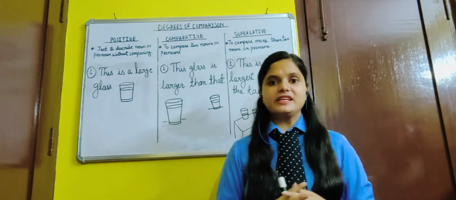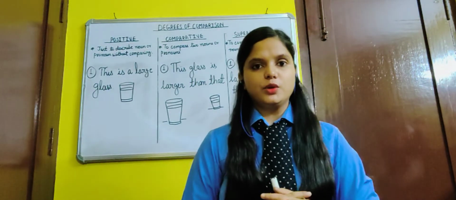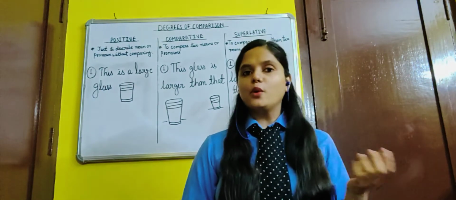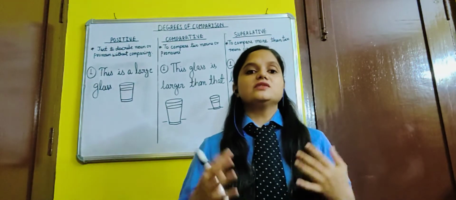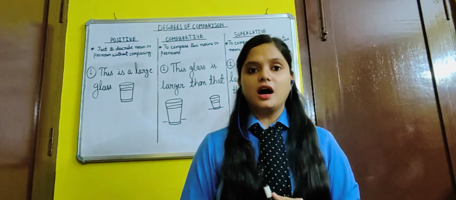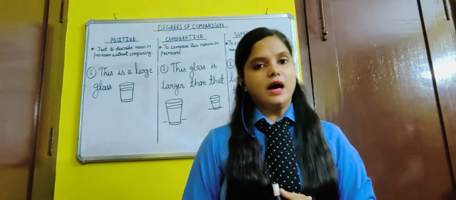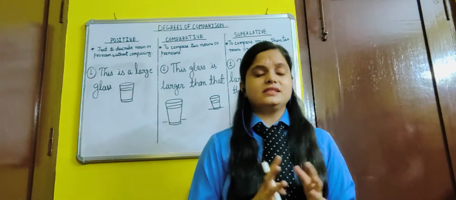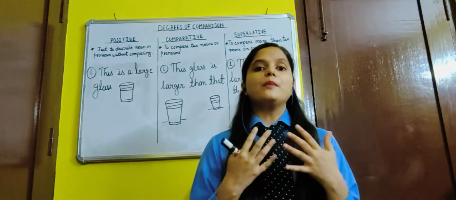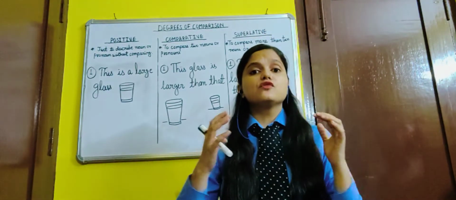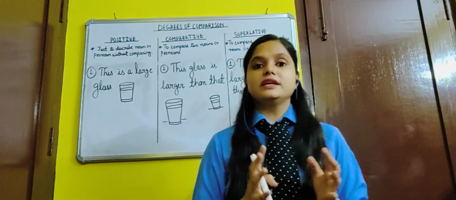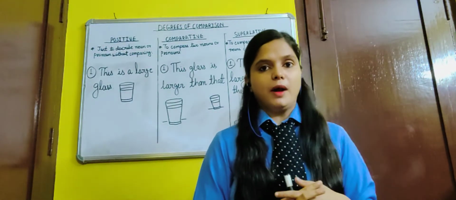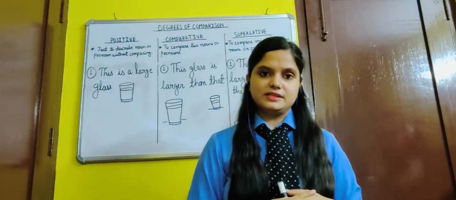As we have already discussed in the previous video what adjectives are. If any of you didn't watch that video, then go and watch it first. As we have studied, adjectives are used to describe a noun or pronoun. But besides describing nouns or pronouns, adjectives are also used to compare them. For that comparison, we use the degrees of adjectives, and in today's class, we are going to learn about these degrees of comparison.